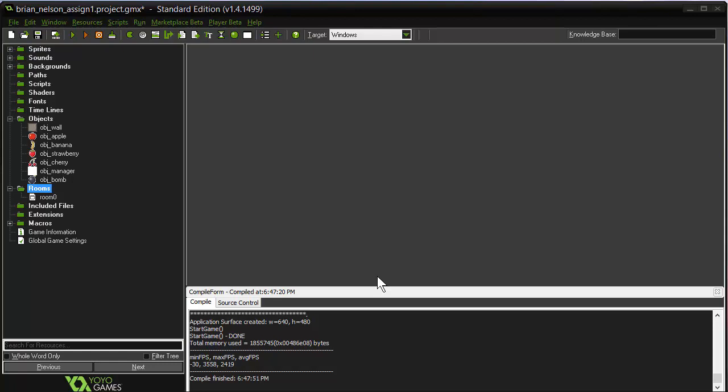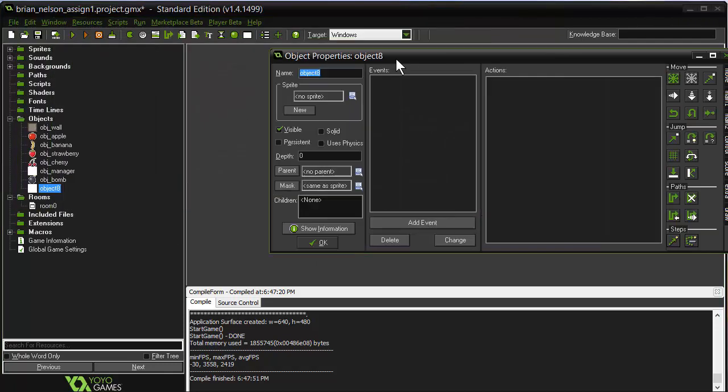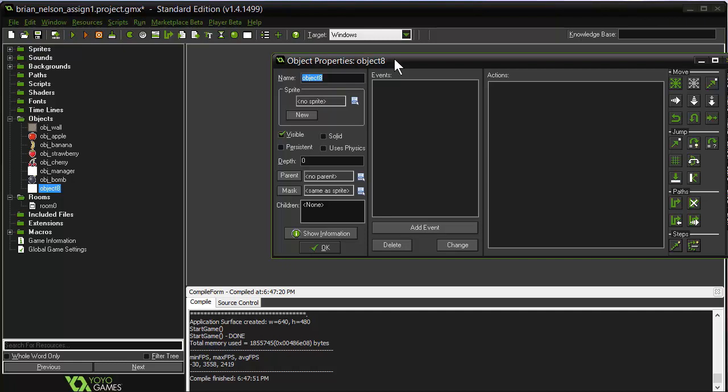To show the score on the screen here in GameMaker Studio, we're just going to create another object. And this is going to be sort of like our manager object. In fact, we could